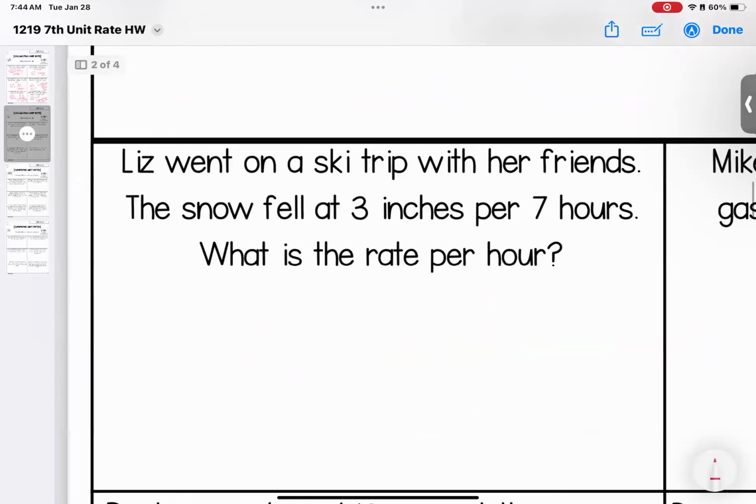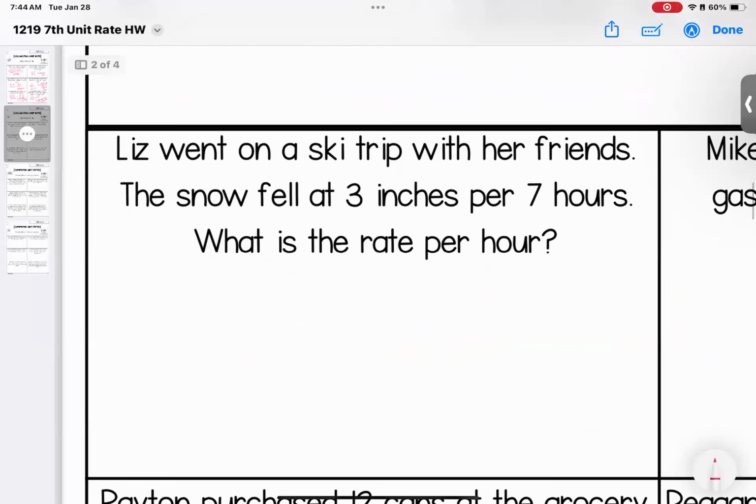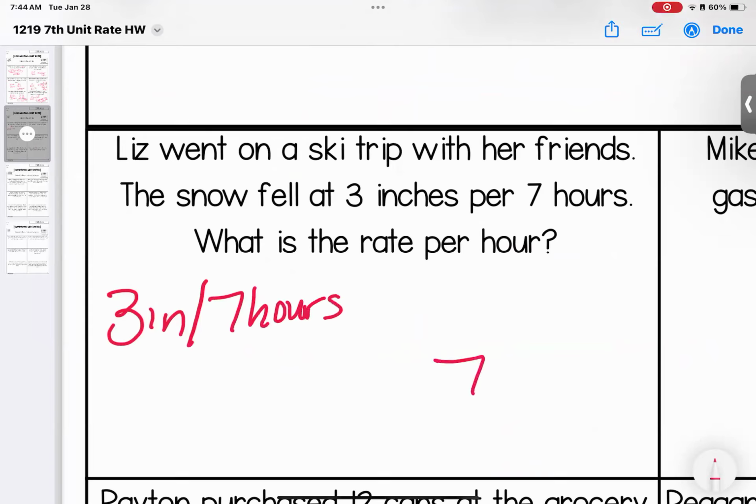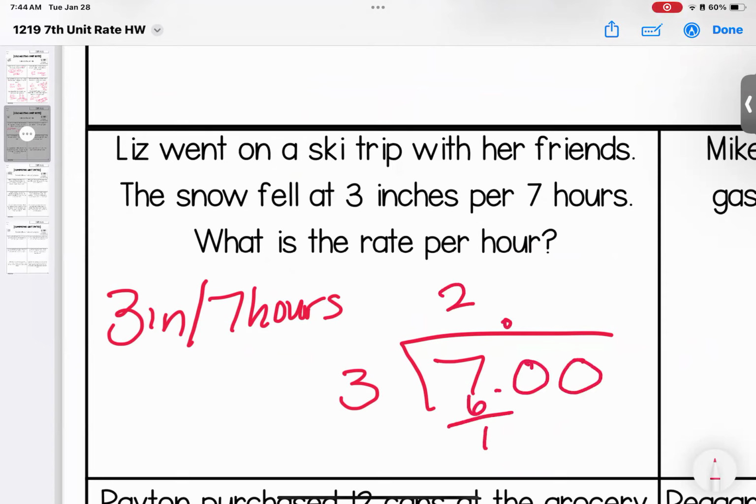Liz went on a ski trip with her friend. The snow fell 3 inches for 7 hours. What is the rate per hour? Some of these are not going to divide in beautifully. You might have a repeating decimal. That's okay. 3 times 2 is 6. 3 times 3 is 9. 3 times 3 is 9. At that point, I see this loop. It's going to be